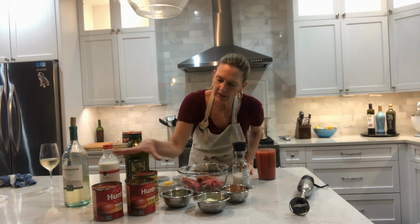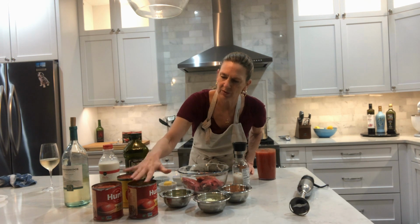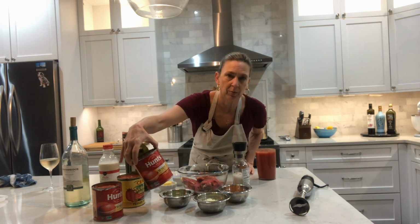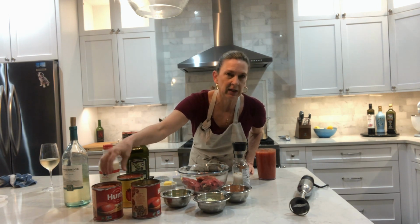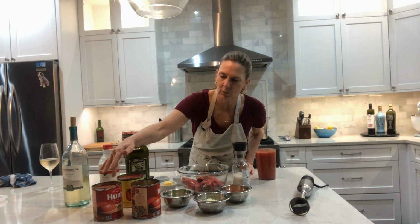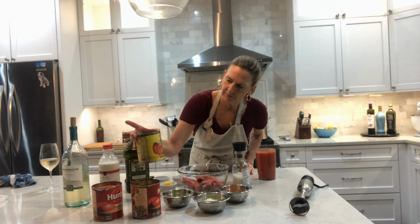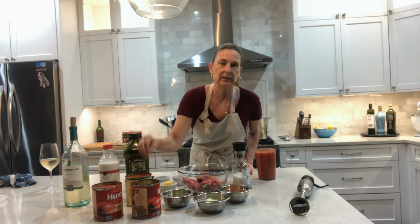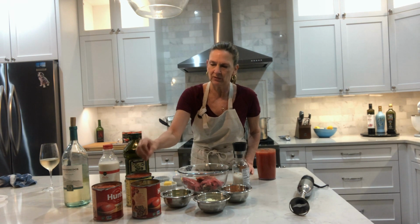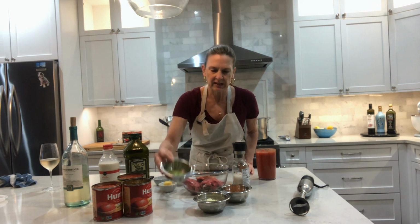First off, we have 3 double cans, 28-ounce tomatoes. And my secret is to use 2 cans of these Hunt's tomatoes. They're whole plum tomatoes, and the liquid they're packed in is more like a tomato juice that you would drink, but not a tomato sauce. This can of the San Marzano Organic, the tomatoes were packed in what seemed to be a thicker tomato sauce. So I need to blend it out so that the sauce, as it cooks, doesn't get too thick and too tomatoey. Then I have celery,